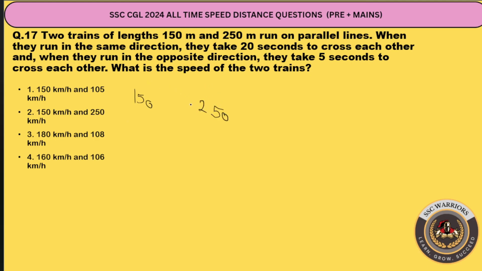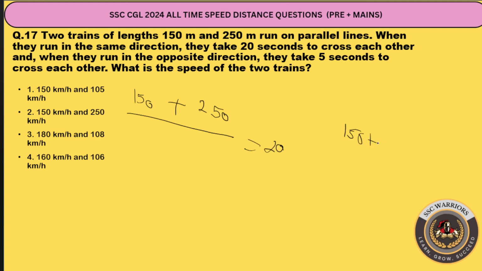When they run in the same direction, they take 20 seconds to cross each other. When they run in opposite directions, they take 5 seconds. So when they run on parallel lines, what will the distance be? Distance upon time. It takes 20 seconds in the same direction, and again